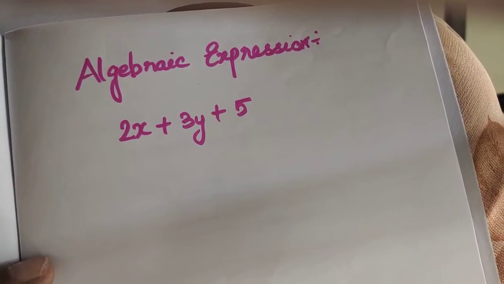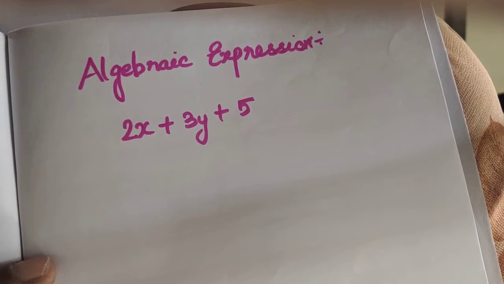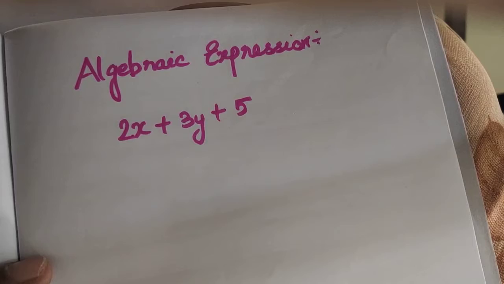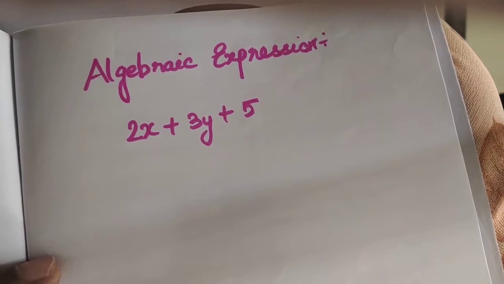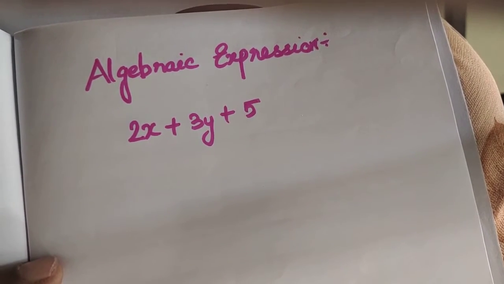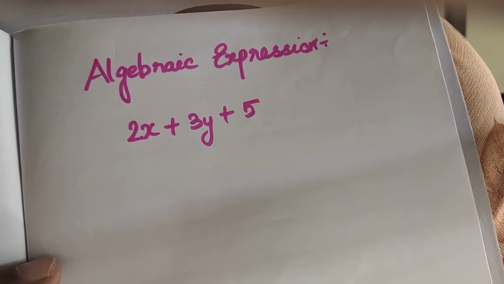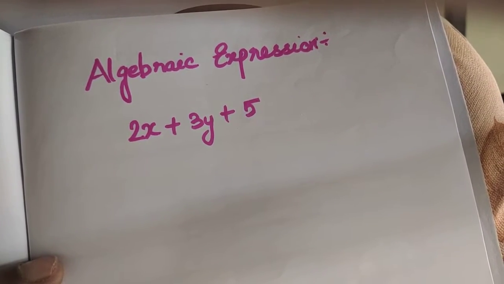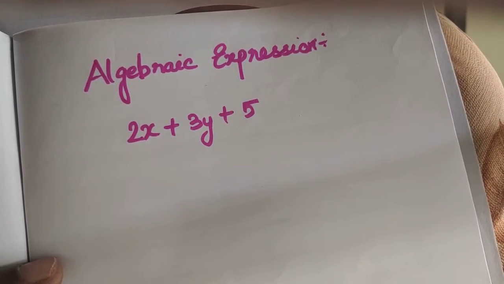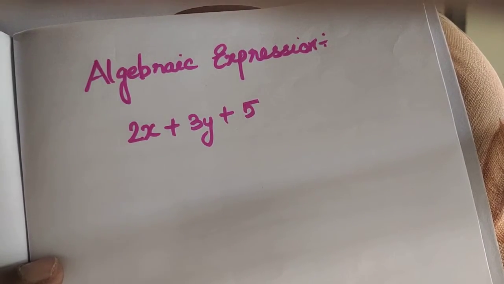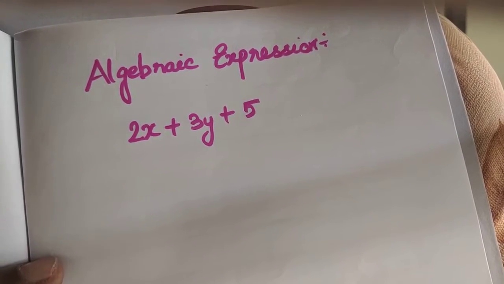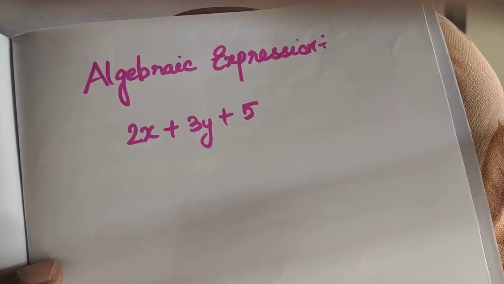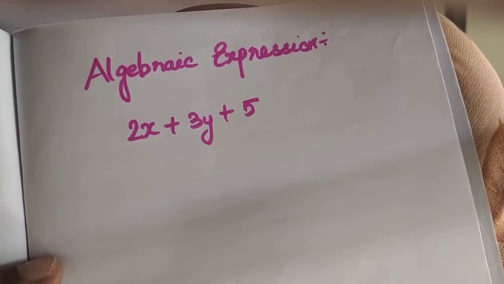What is the difference between normal addition and subtraction on numbers and using expressions? This is the main thing that you have to learn in algebra. Already we have studied addition, subtraction, multiplication, division in our lower classes, but there we have done all those things only with the numerals. Now we are going to do it with the variables. That's the only difference that we have to learn from this algebra.